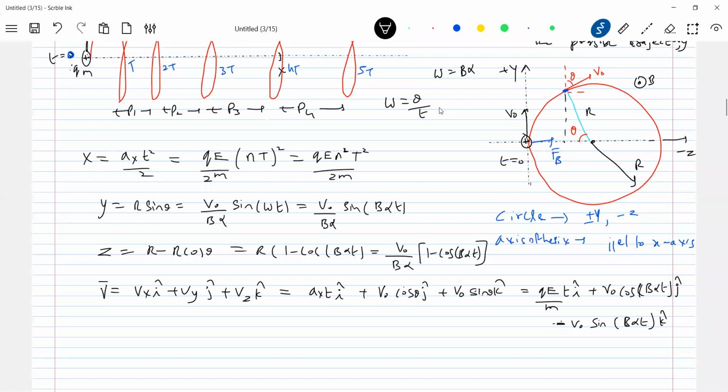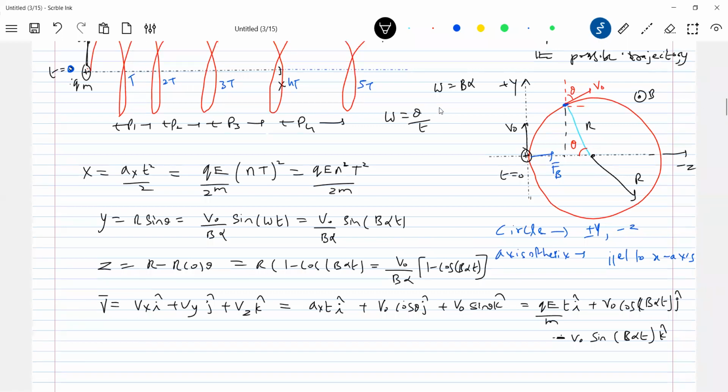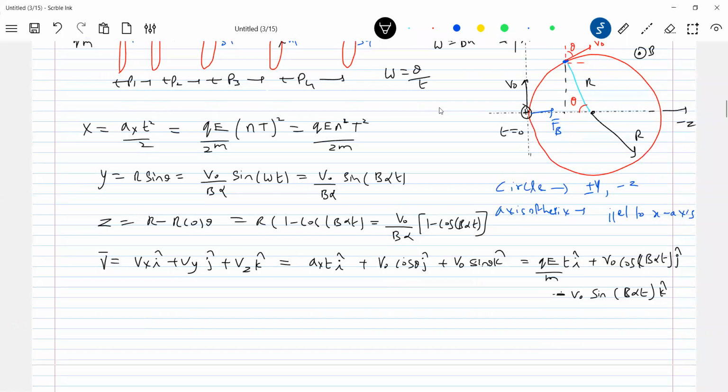Now, look at that. When it crosses the x-axis, what will happen to the velocity vector? Will it have the same orientation? Initially, at t equals 0, how was the velocity vector? Now I'm interested in which plane you can see that clearly. There are two velocities: one, V naught, the other, Vx. And what will happen to Vx? Vx will continuously increase. So at t equals 0, I'll draw one line.